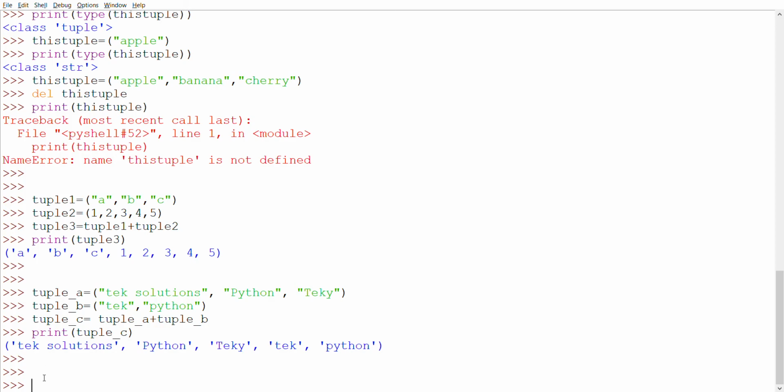Now I'm going to show you the final one, the tuple constructor. It's also possible to use the tuple constructor to make a tuple. Let's go with an example. Tuple equal to the tuple constructor, with apple, banana, and cherry.